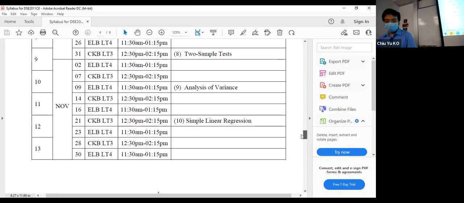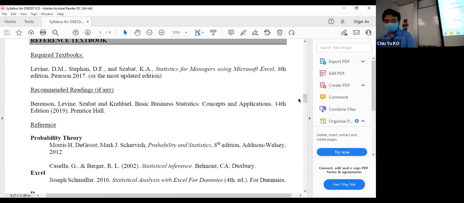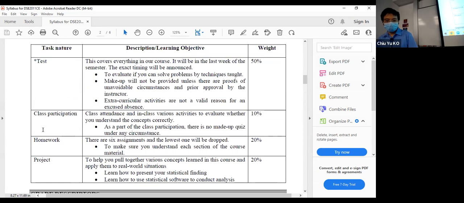I'll go over more detail about our course material, topics covered, the homework, the tests and the project later. But at this moment, is there any question before I proceed? So this is more or less about me, about the course, and of course, you care about the assessment. I think I have a history of how I give grades, so it's not something unknown. Any question? Those on Zoom, is there any question? If not, then we go to talk about the next thing.